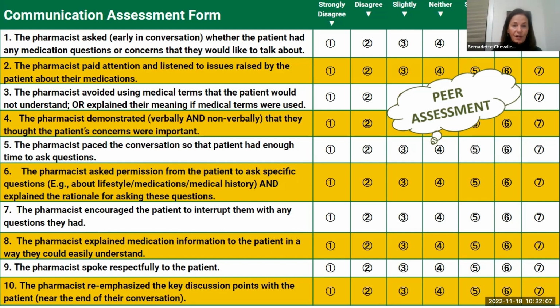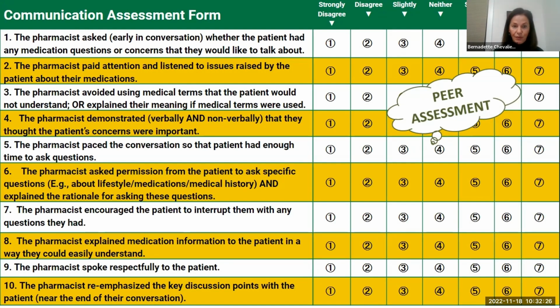Number nine, the pharmacist spoke respectfully to the patient. I think this is related both to emotional expression and interpersonal control because it's about demonstrating a caring and thoughtful attitude, but it could also be about promoting equality. Number 10,